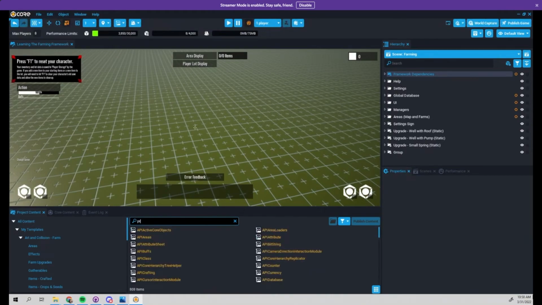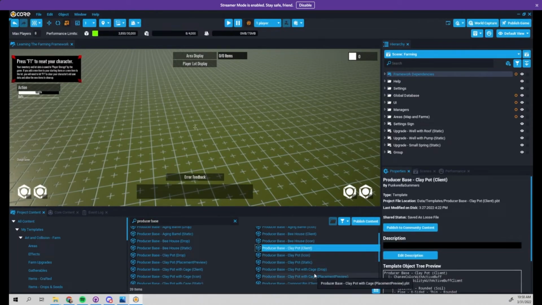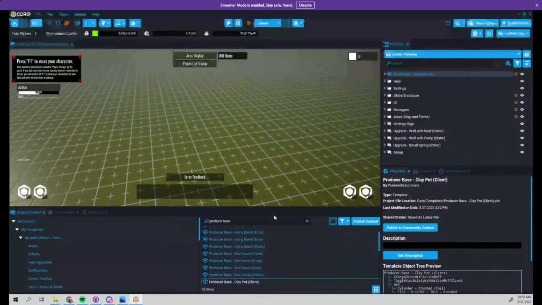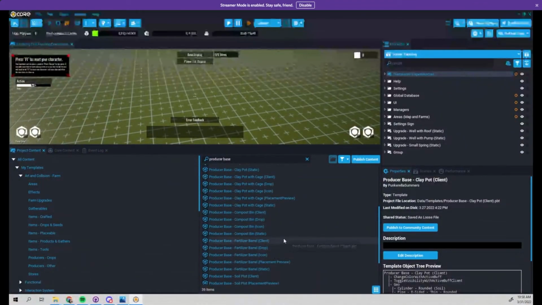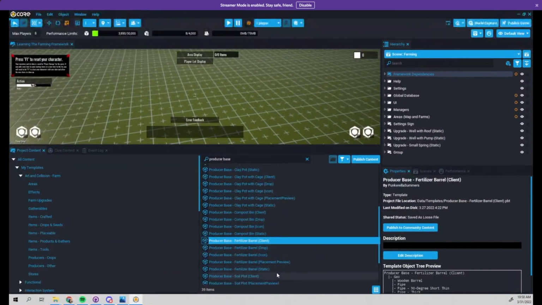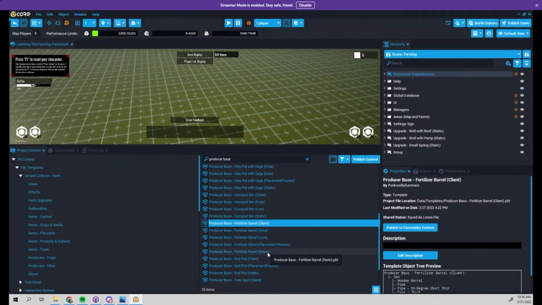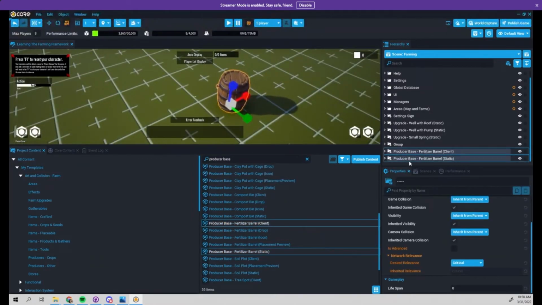There's a few things that still have 2 templates, again, because of our scripts. I think producer bases are one of them. Like if the producer base had to have a reactive script inside of it, then I had to leave it as 2 pieces. So that's why you'll see still, this is sort of what everything used to be like before. So I don't know if I can find fertilizer bear client static. So you'd have to pull them out together, right? And then